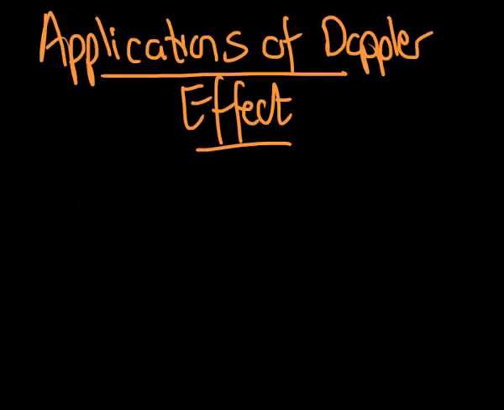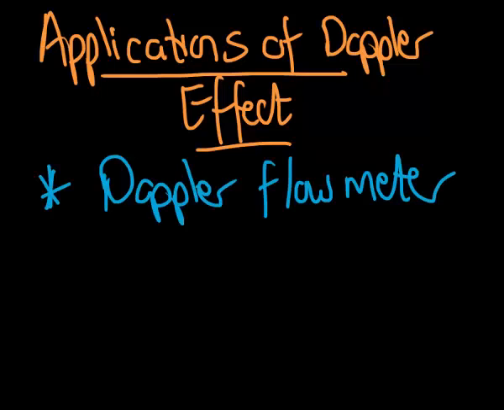Now there are also a few applications of the Doppler effect. You do need to know some of them, and you will find that in your textbooks they do refer to them as well. Now there are 2 of these applications that we find in the medical and the sciences part. We first off make use of the Doppler flow meter. That's just a device that they will attach at the top of your arm or any place where there are proper veins and arteries moving,